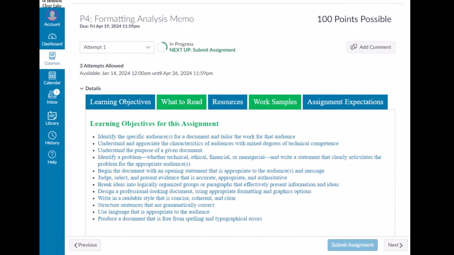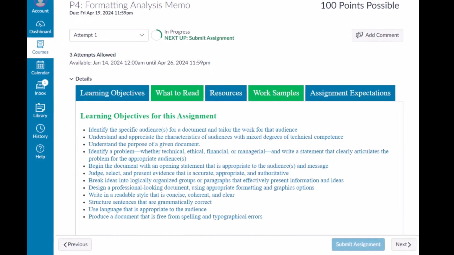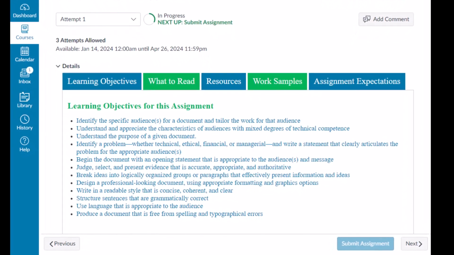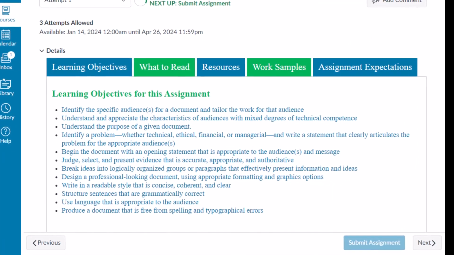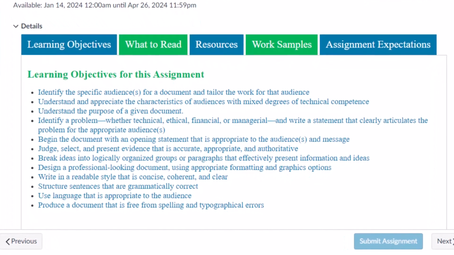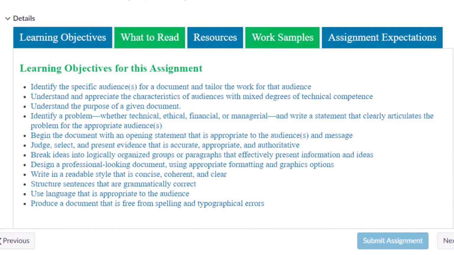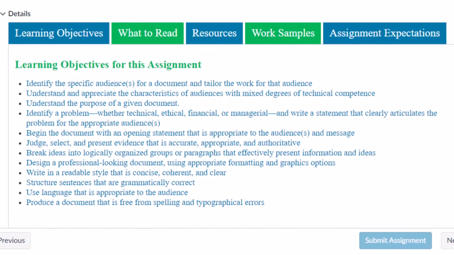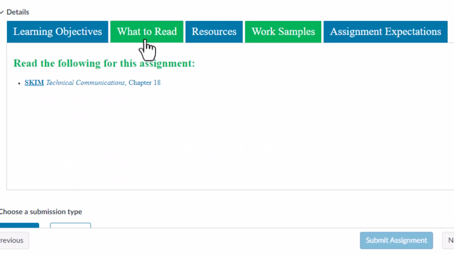I'd like to begin this recording by letting you know that this is the project that most students find the most confusing in this entire course. And it's actually quite simple if you just pay attention to the small details and do what you're asked to do. As always, you begin with your learning objectives, a list of what to read,